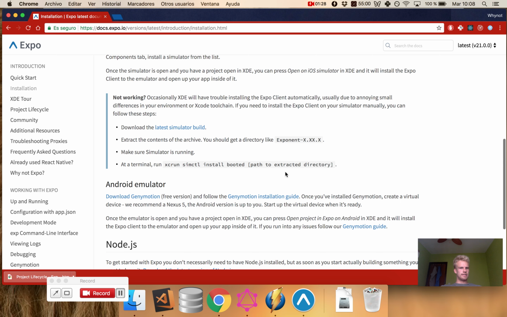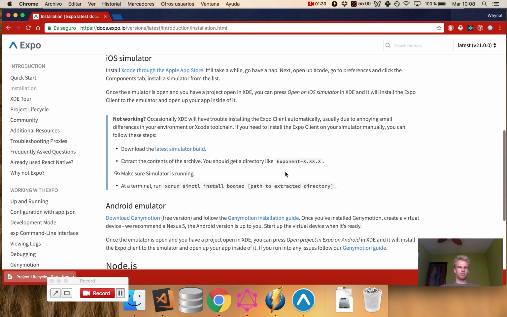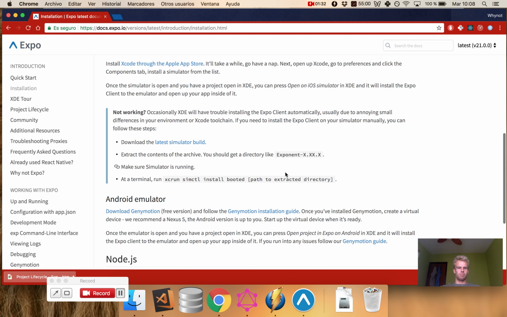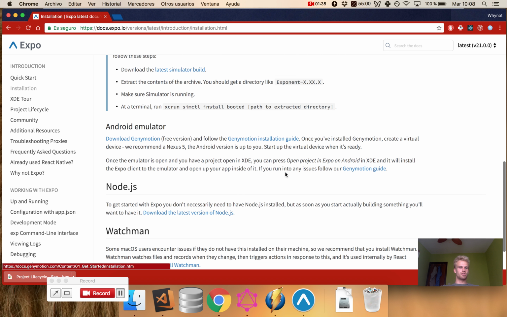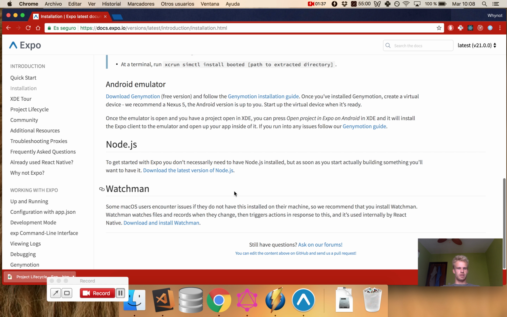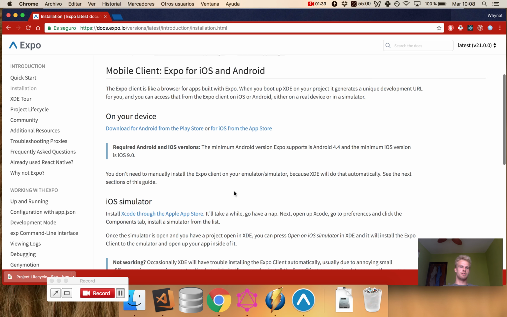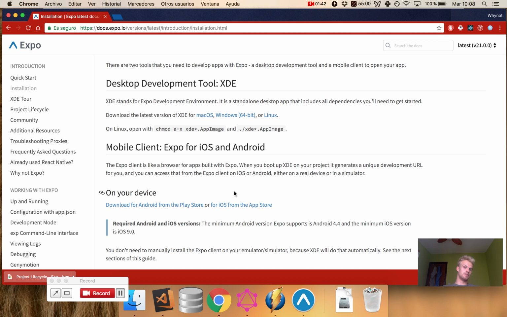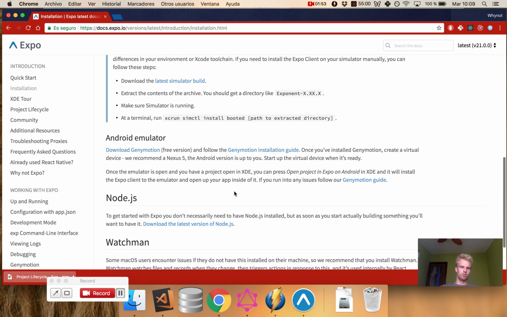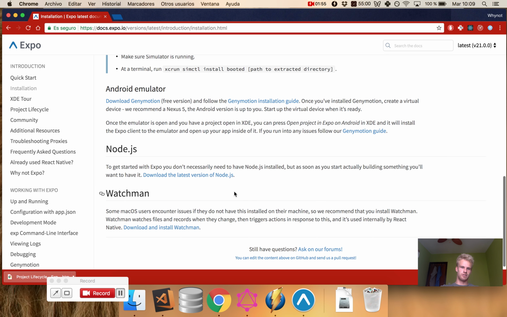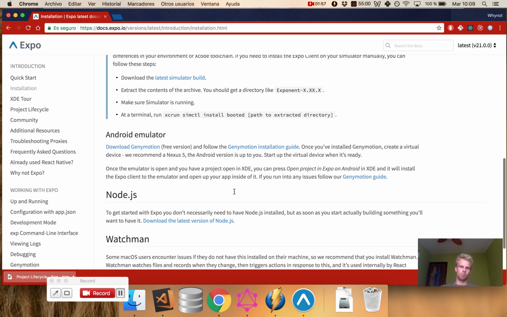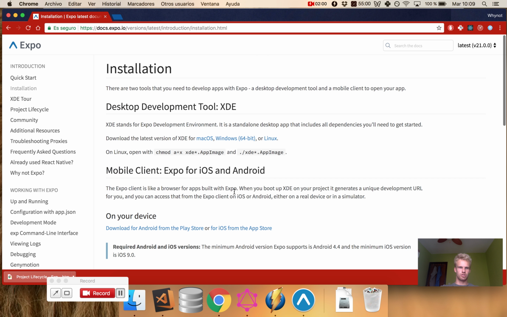So it says I have to install things on my iPhone, on my Android phone. I have to install Node.js and I have to install Watchman, but those things I've already done, and I don't have an iPhone yet. So first, today I'm just gonna go on the simulator on my laptop, on my MacBook. I'm not gonna do anything of this, and I already have Watchman and Node.js. So yeah,